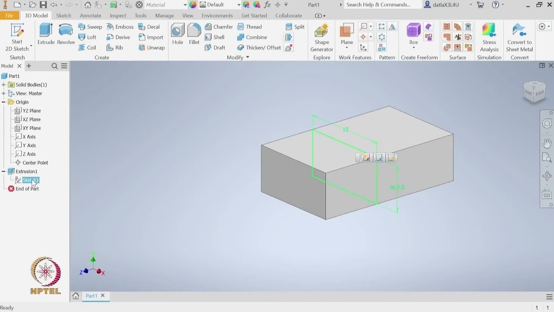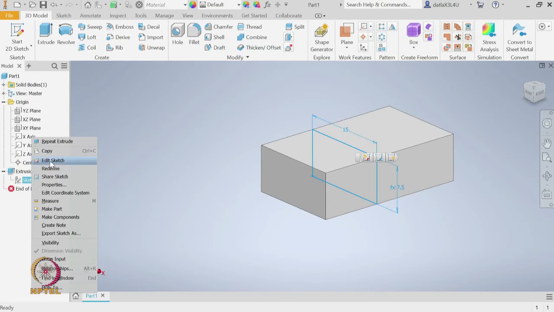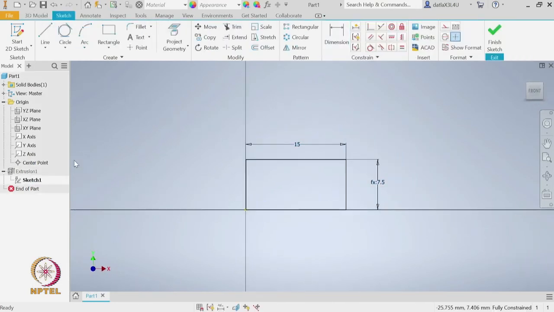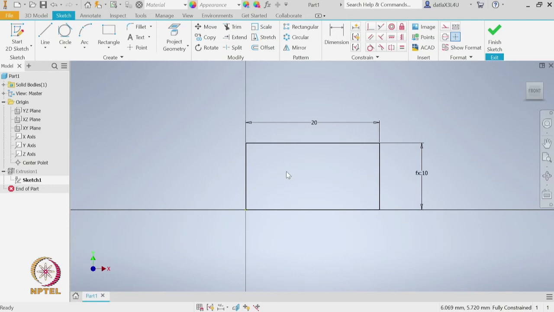One is you can go to the sketch, right click on it and then click on the edit sketch option. So, once you click on the edit sketch option, you are again back to the sketching environment where you can make any changes. Now, let us say we want to change the width from 15 to 20. So, now you can see the width is changed to 20. Similarly, the height is again changed to 10 because if you remember we said the height is half of the